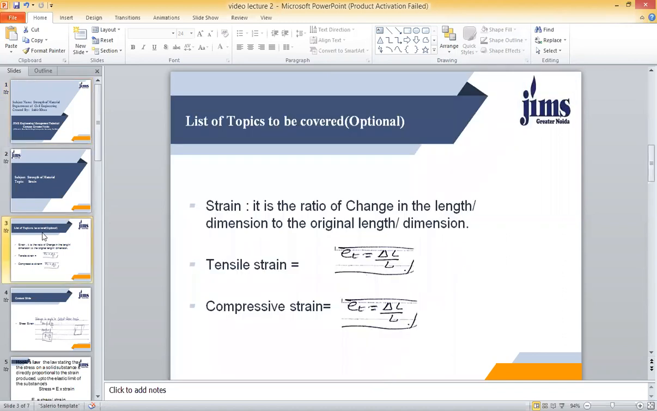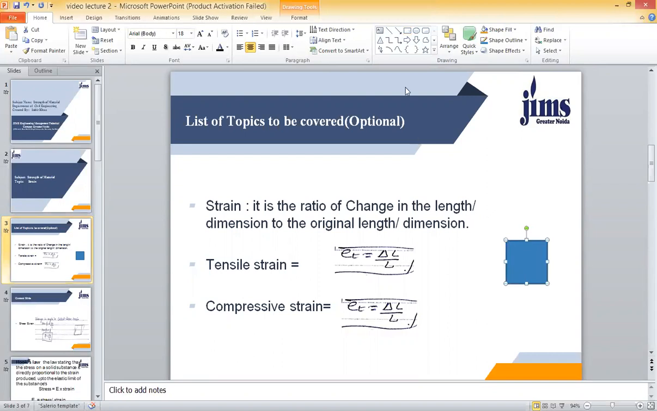So, basically, what is a strain? When we apply any force on a body, the dimension of the body will somehow change. So it is the ratio of the change in length or dimension to the original length or dimension. So, if I have